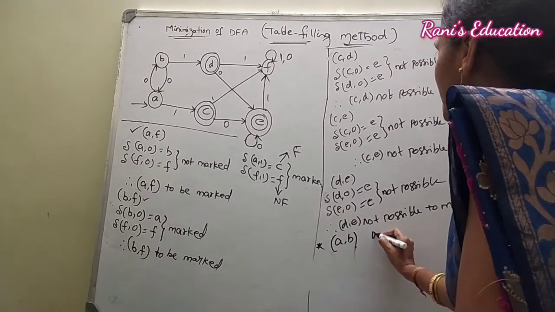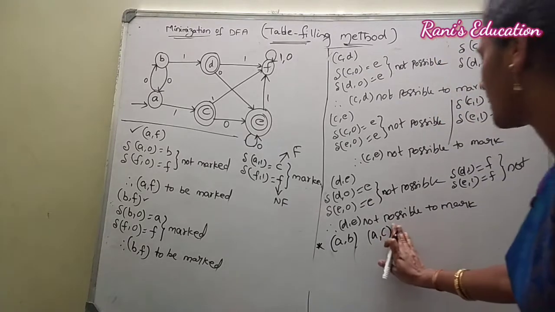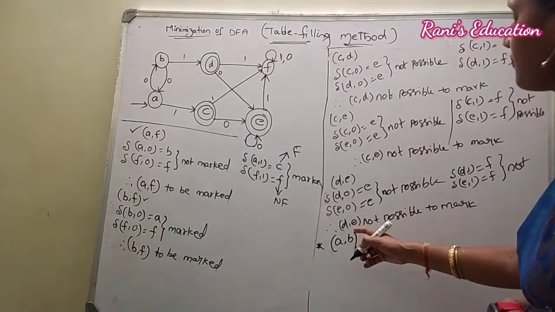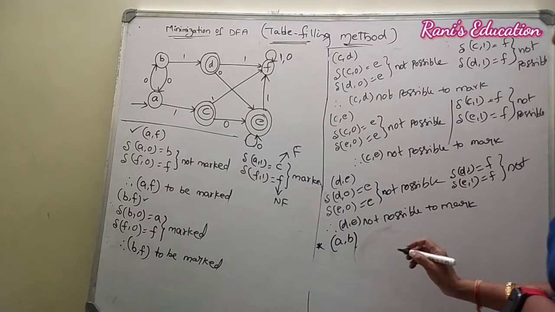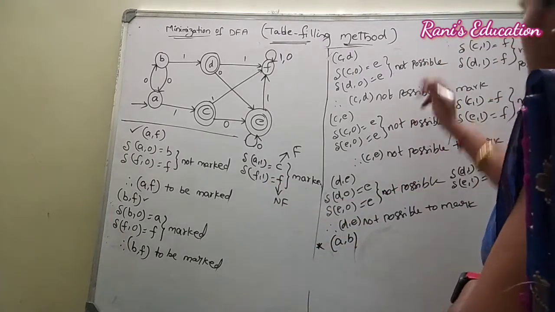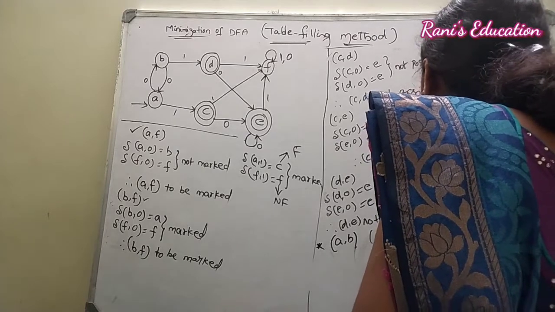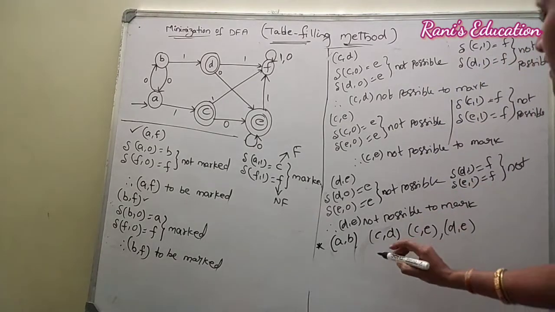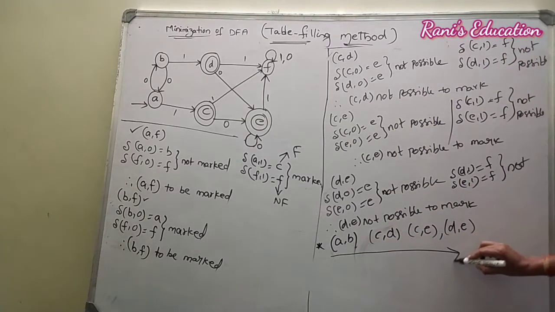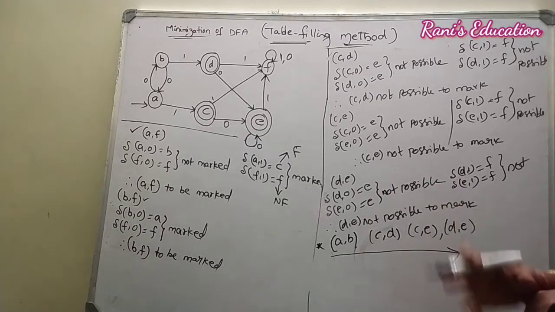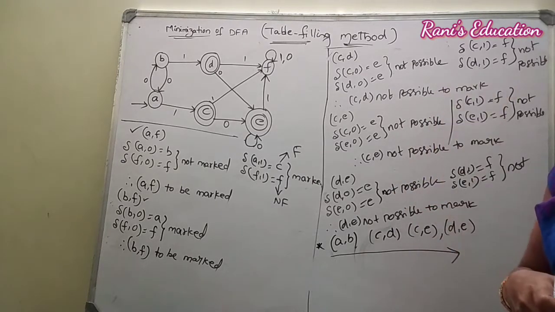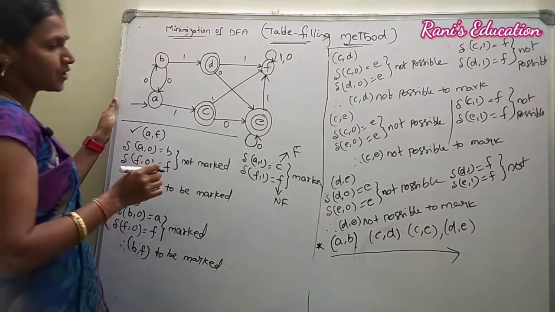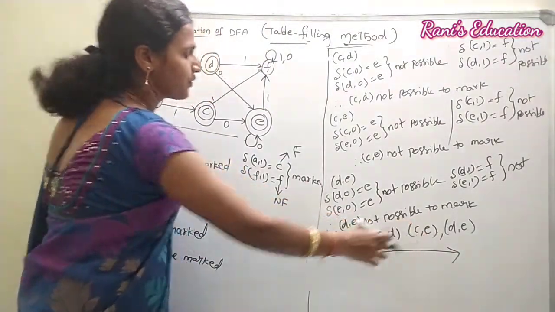AC is already marked, right? Sorry, so AB is not marked. Then with respect to B, BC, BD, BE are over. BC is also marked. So CD is not marked. Then CE is also not marked and DE as well. Now, we need to combine all these unmarked pairs together as a single step, which gives a meaningful finite automata. Now, is it possible to combine CD as one step? You can see CD, CE, that is